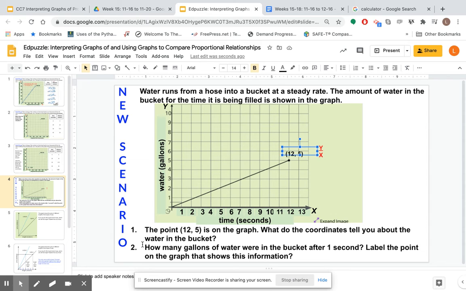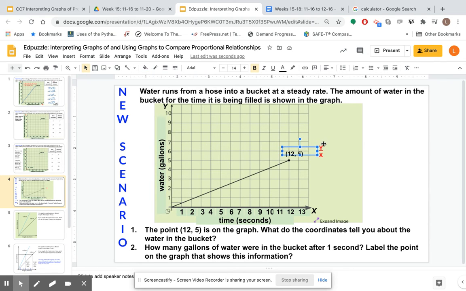All right, now question two, how many gallons of water were in the bucket after 1 second? So if I look over here on the seconds, at 1 second, go up right there, the line is about right there. And let me bring this just a little bit lower. So at 1 second, it looks like it's between 0 and 1, about halfway there. So it looks like it's about half a gallon of water, but we can actually find an exact answer using